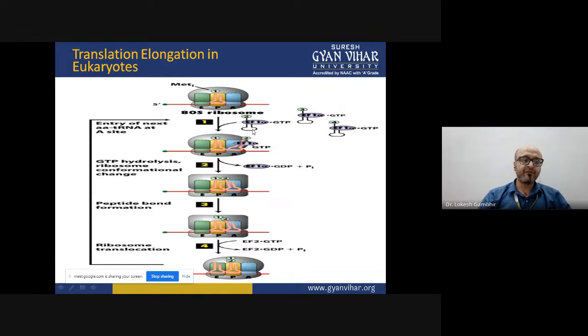After this, let us focus on what is happening on the ribosome. Now, the second amino acid tRNA is attached to the A site. Now, what is the requirement? There is a requirement that there should be a formation of a peptide bond between the first and the second amino acid. Who will form the peptide bond? Is it a spontaneous process? No. The peptide bond in case of eukaryotes is catalyzed by 28S ribosomal RNA, the 28S rRNA which is present in the larger subunit.